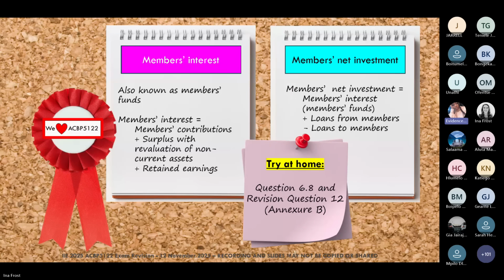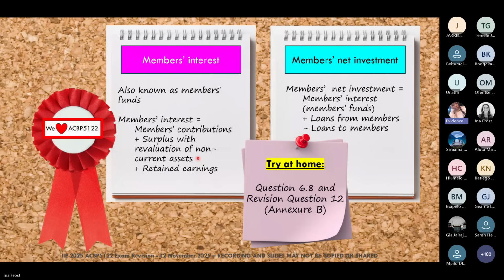Their contribution is basically their investment into the closed corporation. And when you invest into a certain business, you obviously expect to get some profits. Your profits would be the profits that have been paid out into your pockets and the retained earnings, which are the ones that are still remaining in the business. Then at the same time, things like your land and buildings, because they normally appreciate in value. If you were to sell those assets, for you to acquire those assets, you probably had to use your contributions, meaning that resigning members' contributions as well had a role in acquiring the non-current assets. So that's why the members also hold a portion of the revaluation.